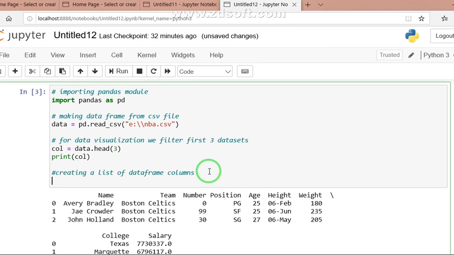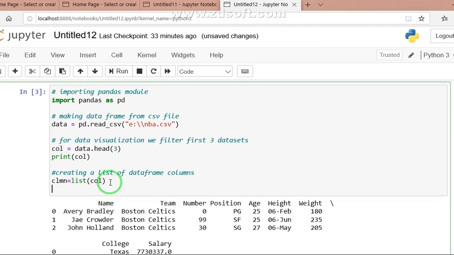Let's say I use a variable CLMN just to represent a column, and we have earlier already used the column variable here, so we will use that. Convert into a list, we will use a list function and supply the variable used earlier, col. So this step is to convert. We have now data frame in columns.